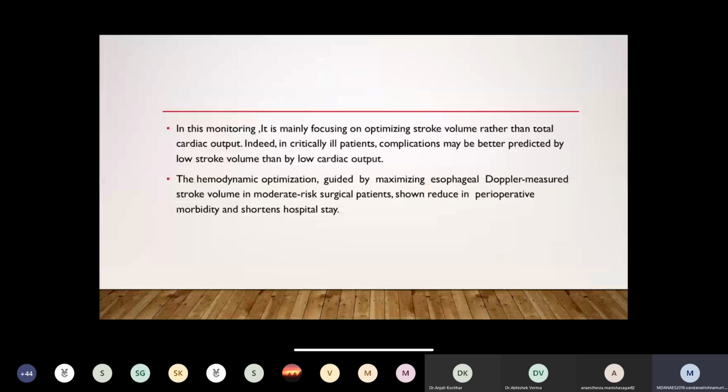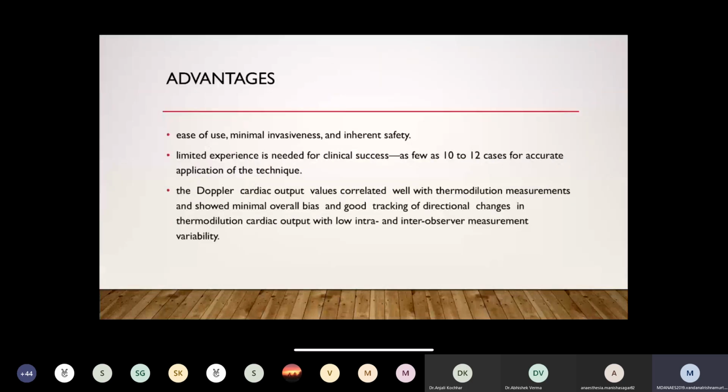The Doppler cardiac output values correlated well with thermodilution measurements and showed minimal overall bias and good tracking of directional change in thermodilution cardiac output, with low intra- and inter-observer measurement variability. Disadvantages: this monitoring method interrogates blood flow in the descending thoracic aorta and therefore only measures a fraction of total